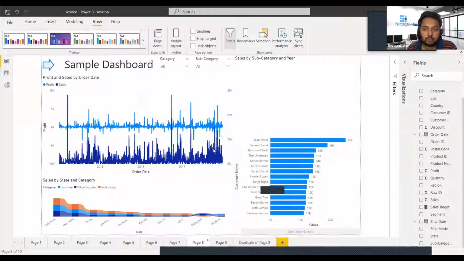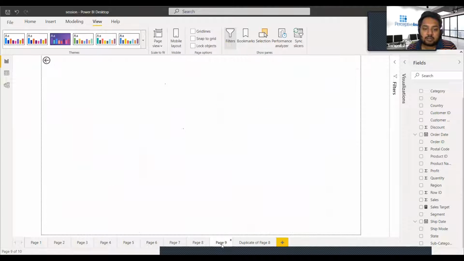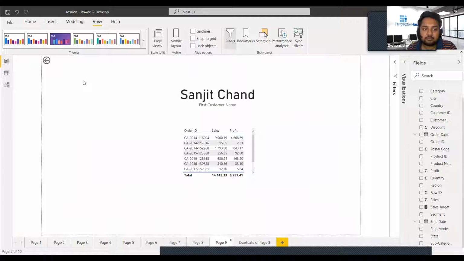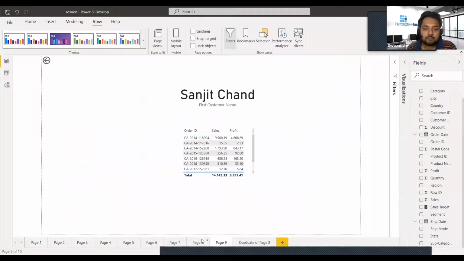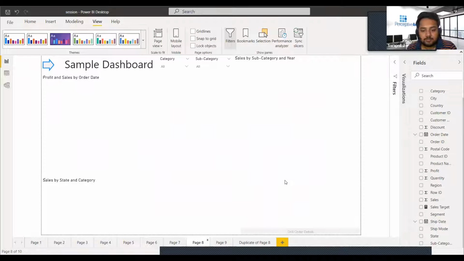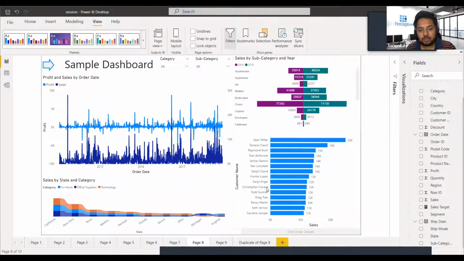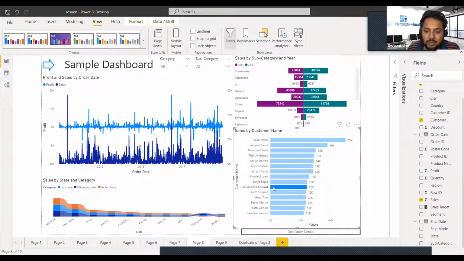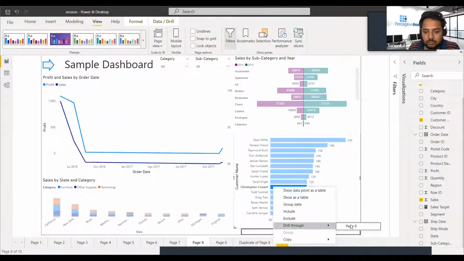One page is this overview level, and the other page we created is the per customer level details, with a customer level drill down list. You can give a user the option to select a customer for which you want to do a drill down. He can right click on this one and go to drill through.